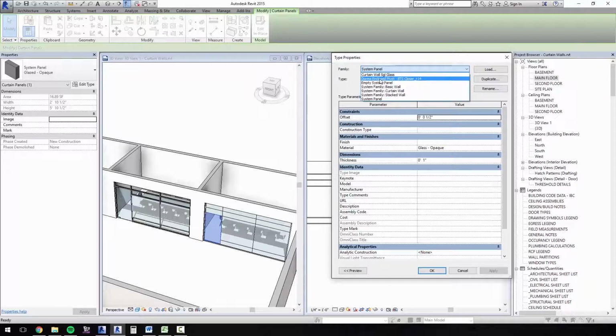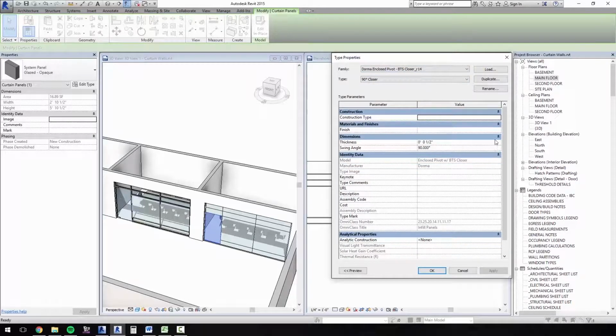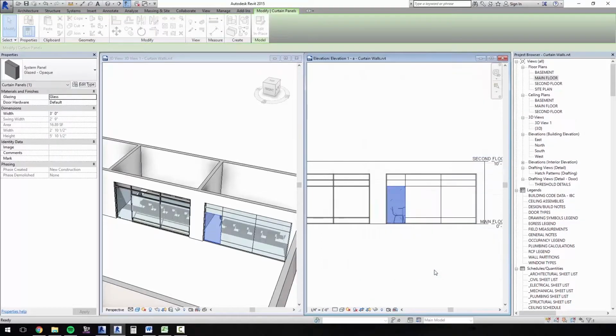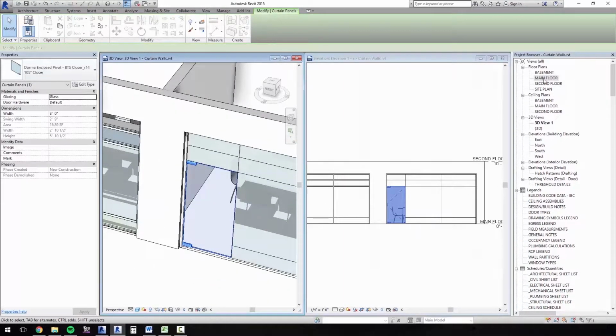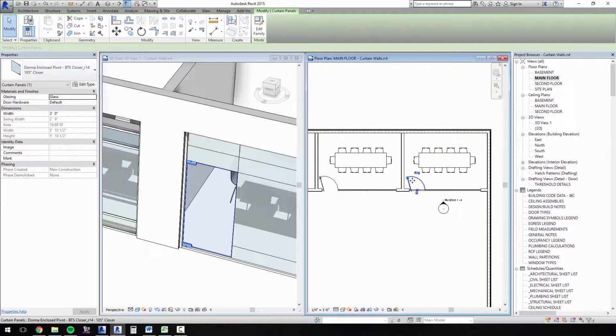Choose it from the drop down, make that the 105, hit OK, and as you can see, we've got our door in there. Go to the plan real quick, make sure it's lined up the way we want it. It is. Now, the other thing about placing curtain doors inside of walls is that you do not get to